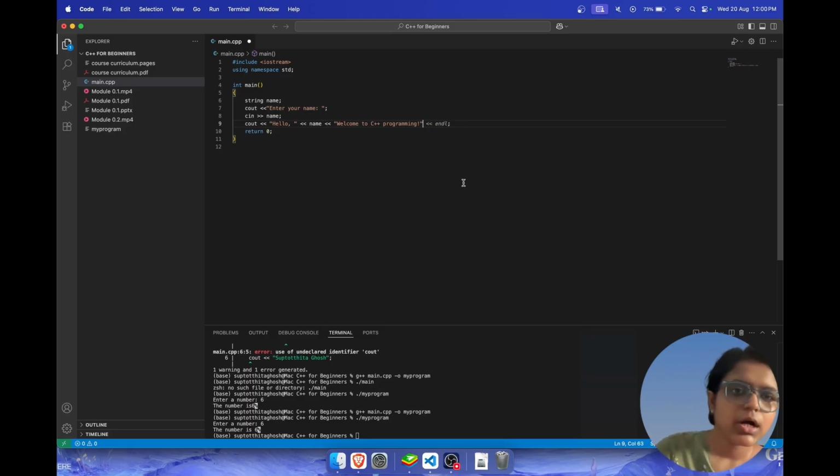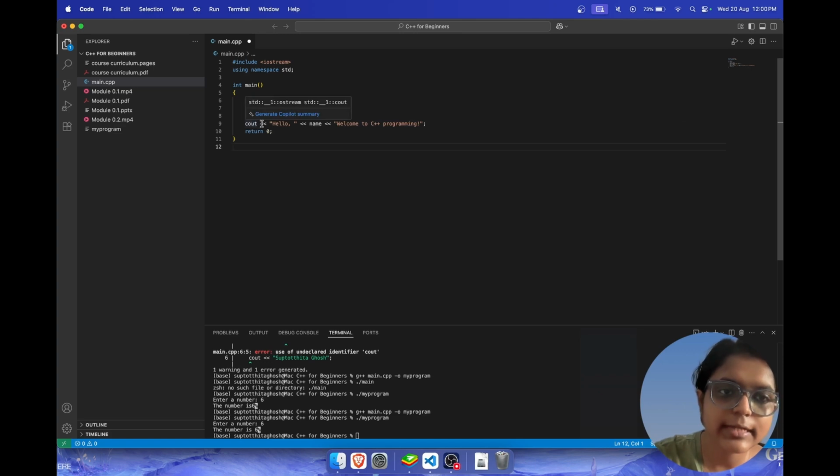Okay. So this is what we want to print, and you can see here that when you want to print a number of things in the same line, here we are printing hello, then we are printing name, and then we are going to print welcome to C++ programming in the same line. We can use the same symbol here, like cout less than hello, less than name, less than welcome to C++ programming.